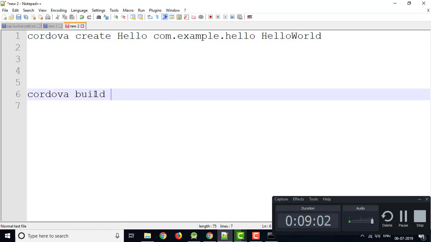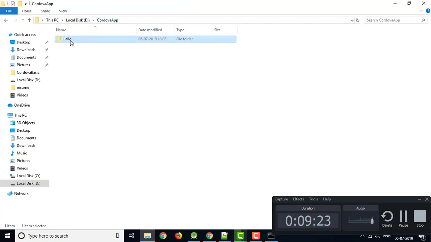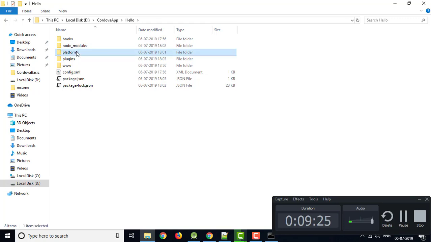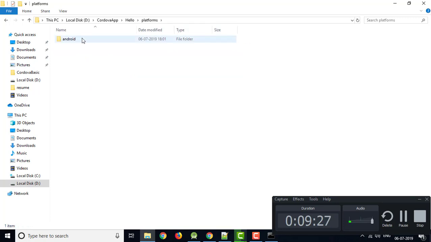Cordova build. It is used to build the application, but as I have discussed in my first session, when we are developing a Cordova application, we can target either Android, iOS, BlackBerry, Windows Phone, or any other mobile OS that is available. So if you see here in my platform, I have only Android, but maybe in future when you develop an application, you will target Android as well as iOS and all.